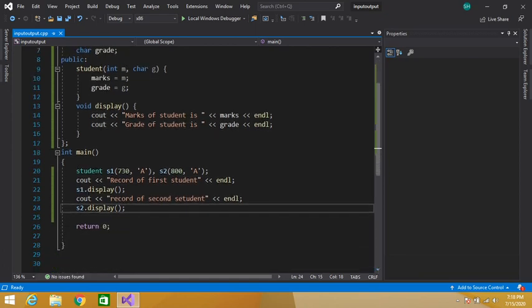So when we are creating the object of our class, we have to pass two parameters, because here we have written int m for marks, character g for grade. So first we have to pass marks of student here, and second parameter is grade of student. So guys, in this way we can pass parameter to our constructors.